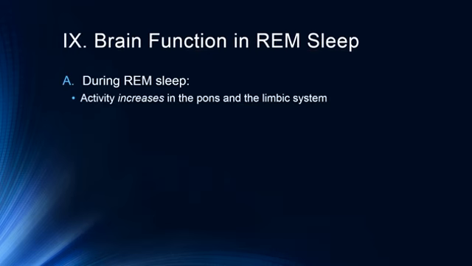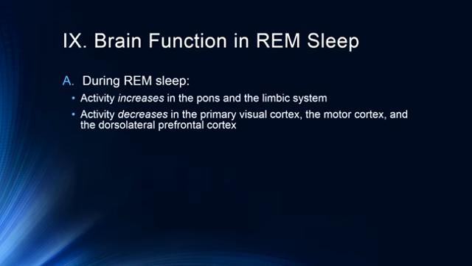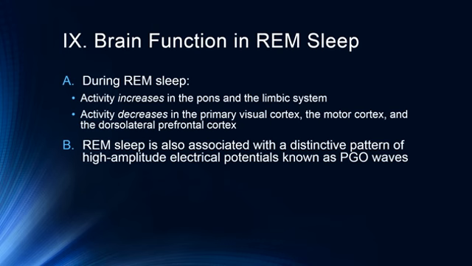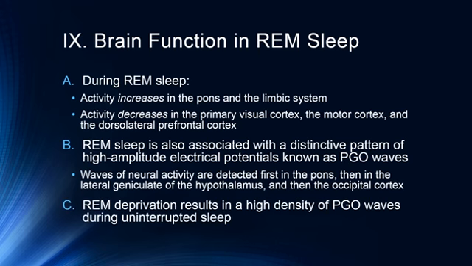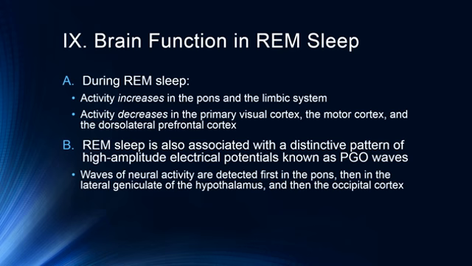So during REM sleep, activity increases in the pons and the limbic system. Activity decreases in the primary visual cortex, the motor cortex, and the dorsolateral prefrontal cortex. REM sleep is also associated with a distinctive pattern of high-amplitude electrical potentials known as PGO waves. These are waves of neural activity that are detected first in the pons and then in the lateral geniculate of the hypothalamus and then the occipital cortex. This, we think, is probably associated with our dreaming because this is obviously an important part of the visual system,